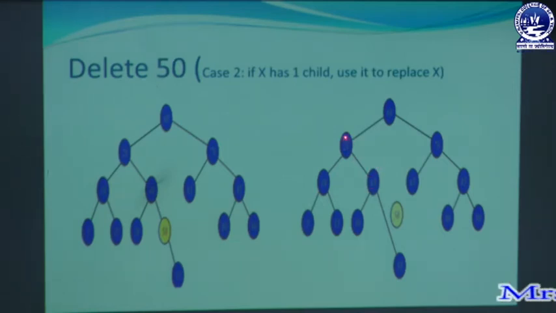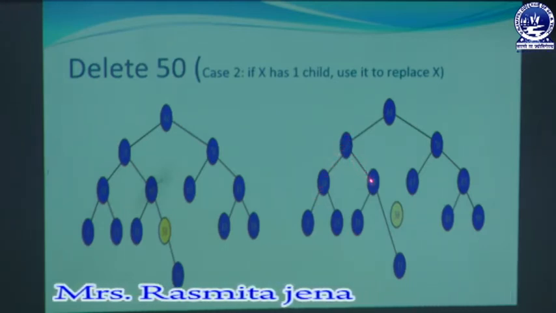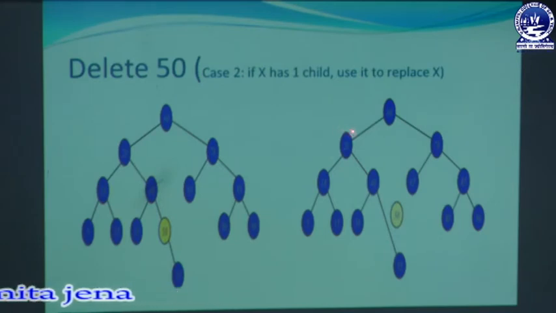So, let us check the balance factor of this node 20. Left height is 1, 2 and right height is also 1, 2. 2 minus 2 is 0. So, balance factor is 0. In this case, first we have to calculate the height of the left subtree. So, height of the left subtree is 1, 2, 3 and right subtree is also 1, 2, 3. So, 3 minus 3 is 0. So, balance factor of this node is also 0. That means the tree is balanced after deleting the node which has one child, that is the right child. Okay. So, this is our case 2.